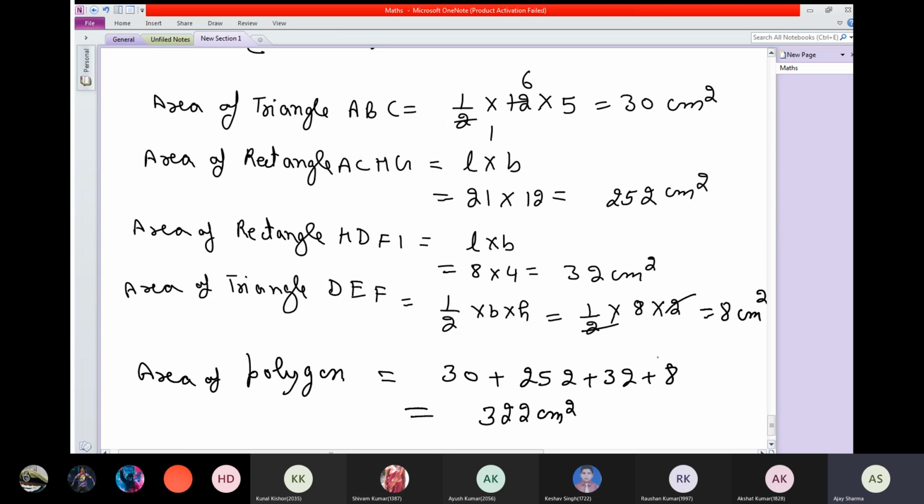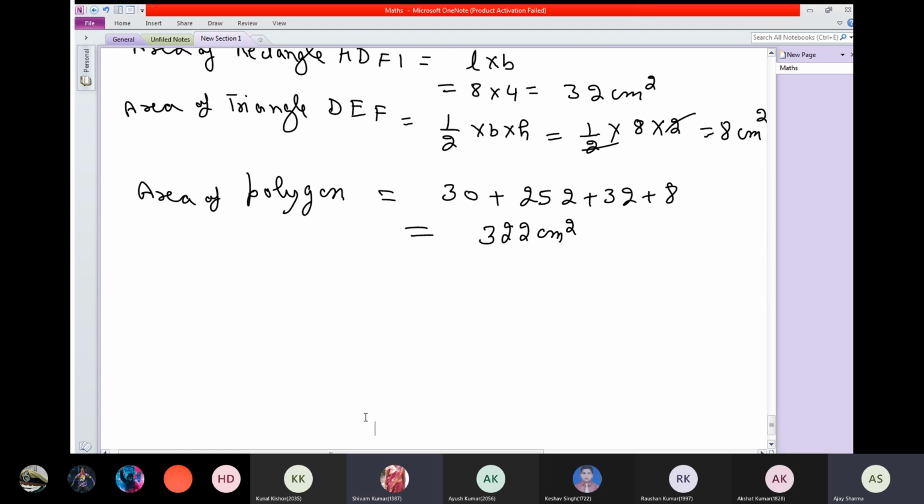There are two trapeziums. You have to find the area of the trapezium. Can you solve part A? Yes, sir. Only two trapeziums are there. One is ABCF and another is CDEF. Apply the same formula, 1 by 2 into height into sum of the parallel sides. Two times you have to apply and then add. But the question number 8 part B.